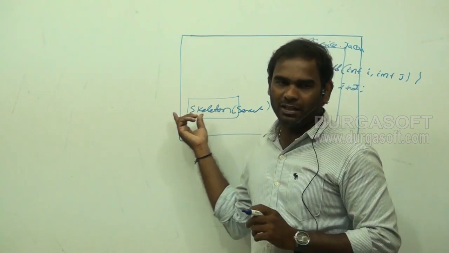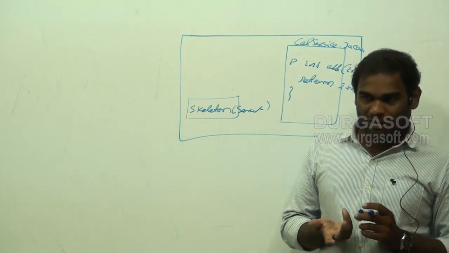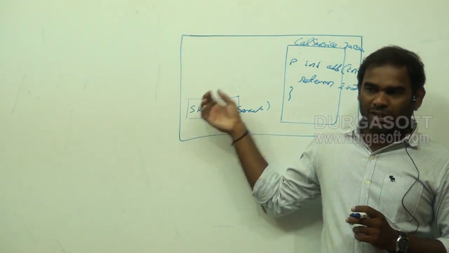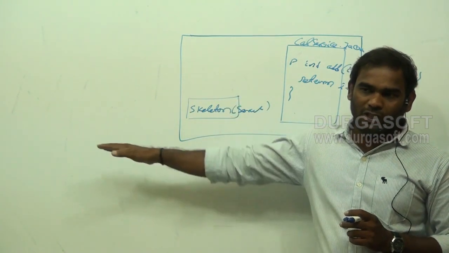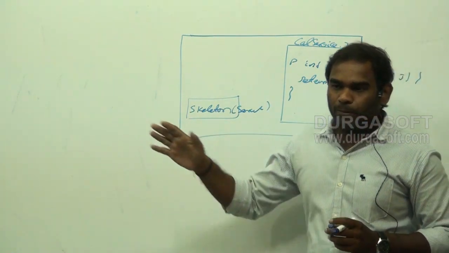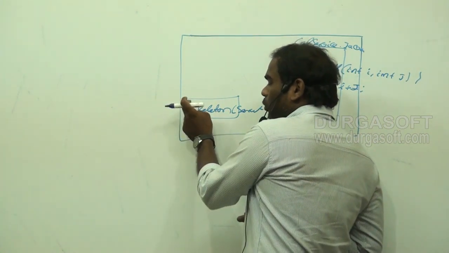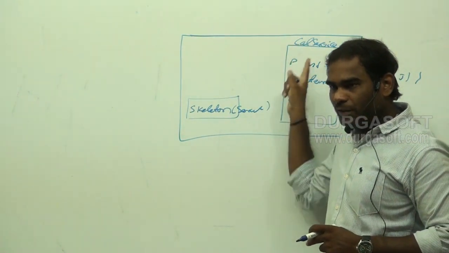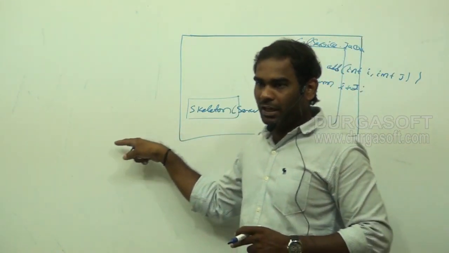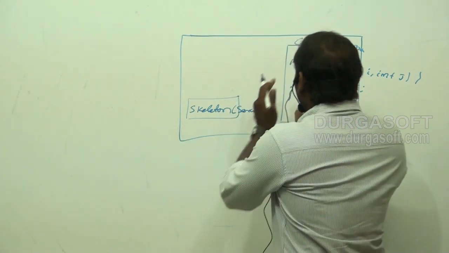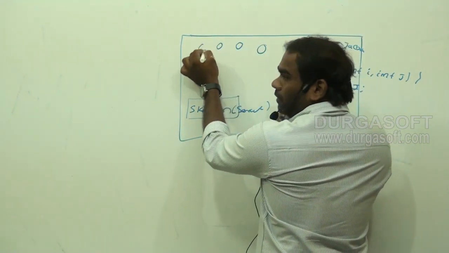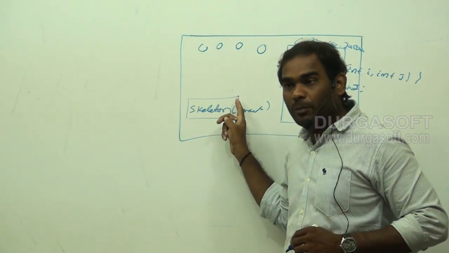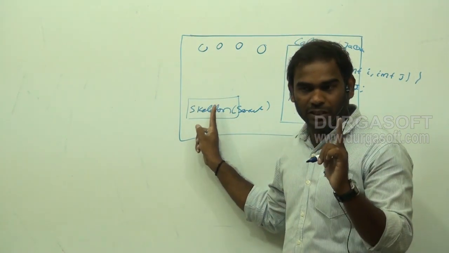Why is the skeleton designed as a servlet? Because the responsibility of the skeleton is to receive all the requests and provide the responses to the client. When our client makes a request, the request comes to the skeleton, and the skeleton invokes the requested method on the service class and provides the response back to the client. If you have one service class, or any number of service classes, the request and response for all of them will be handled by only one skeleton. You should remember this point.